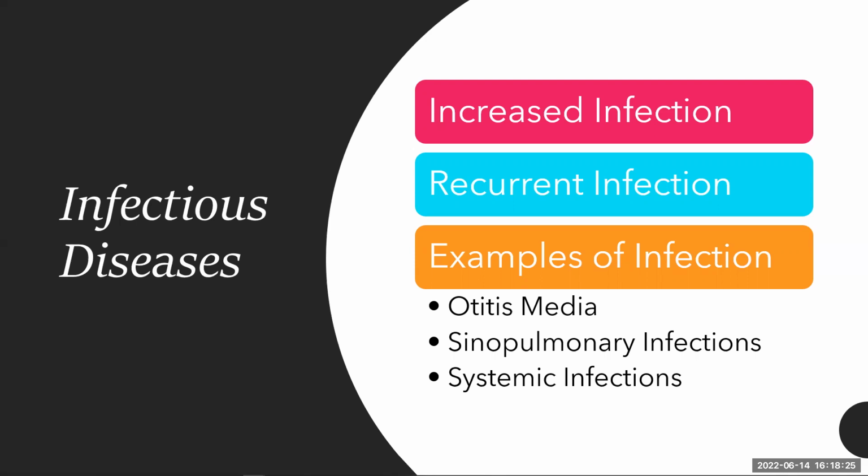So the increased susceptibility is the hallmark and is manifested, as we said, by these recurrent infections. Typically, they are seen across multiple sites, and some examples include otitis media in association with recurrent sinusitis and or pneumonia. This is for otitis media in particular. Recurrent sinopulmonary infections such as otitis, sinusitis, bronchitis, and pneumonia.